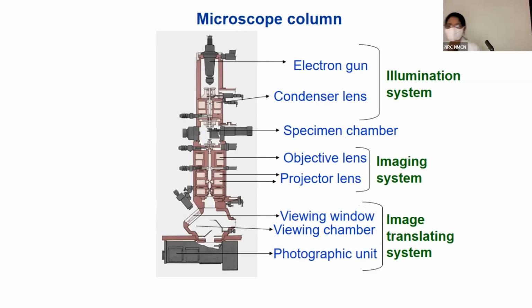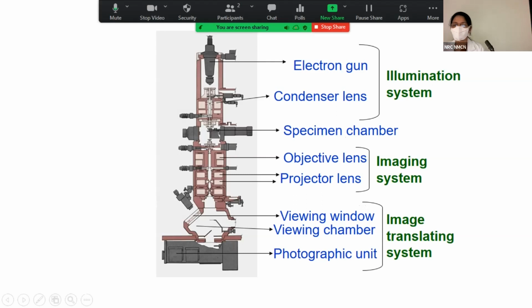So this is the specimen chamber. So here is the grid which goes. That is what I'm trying to show. So there is no space for a larger